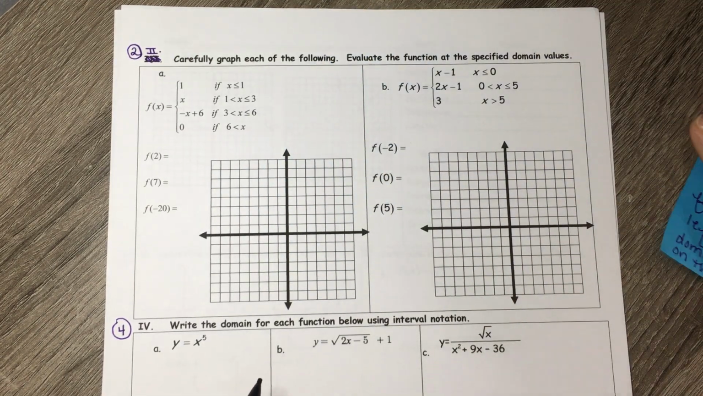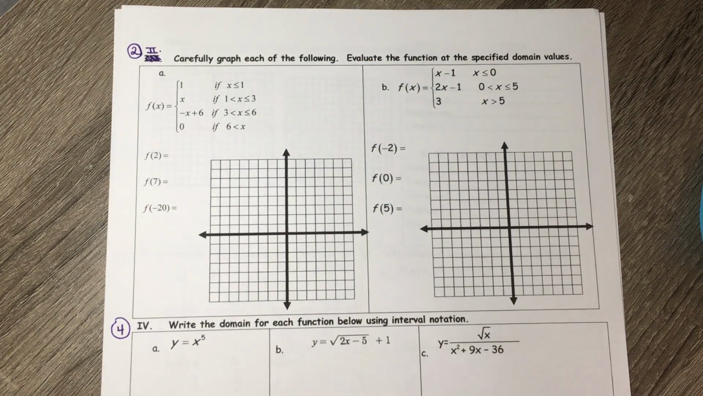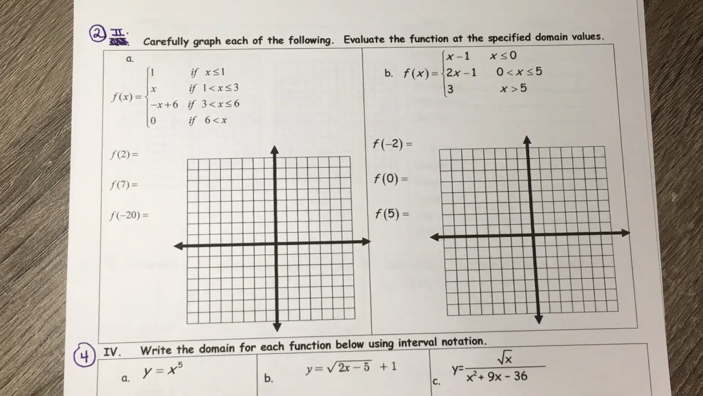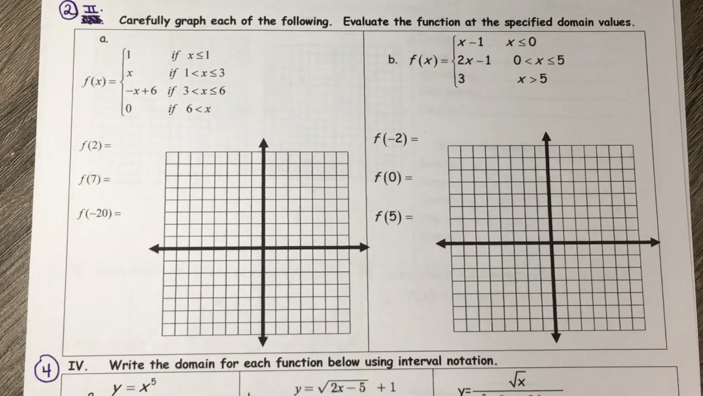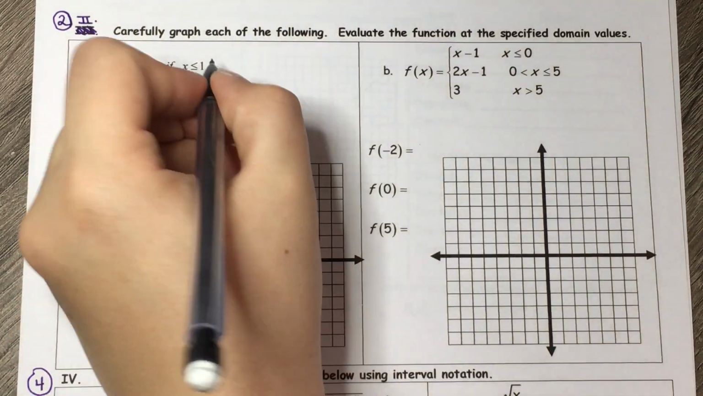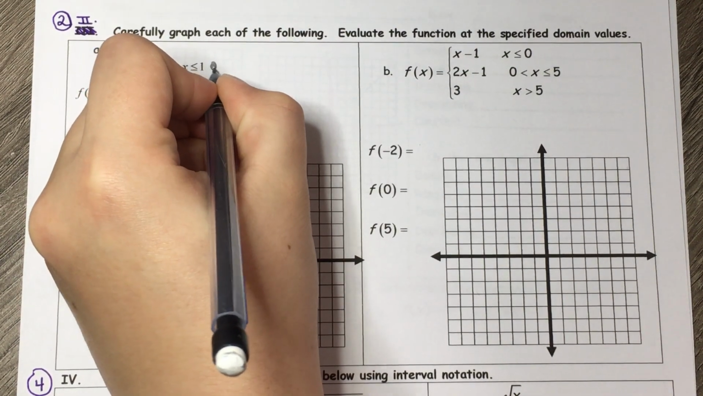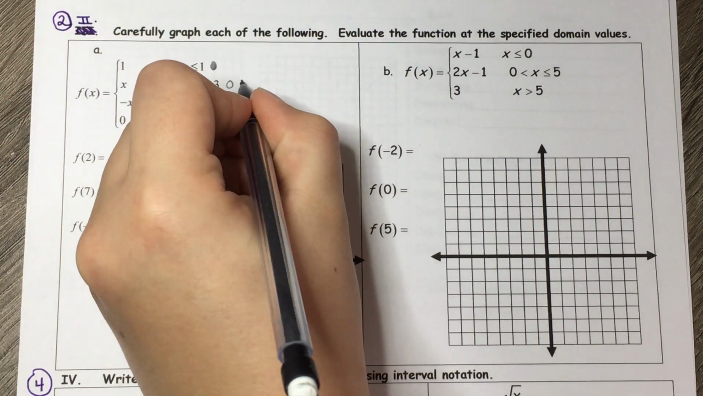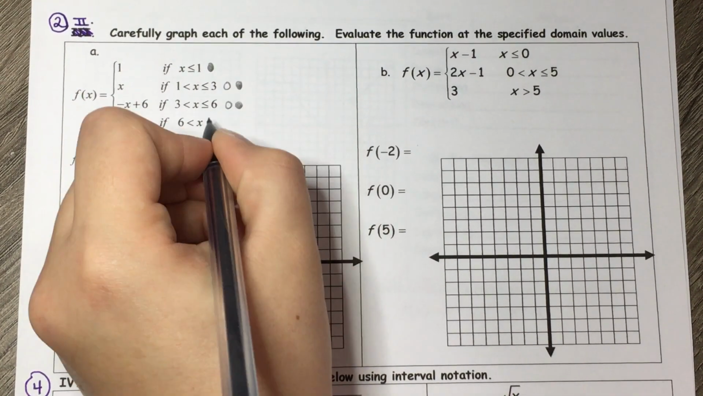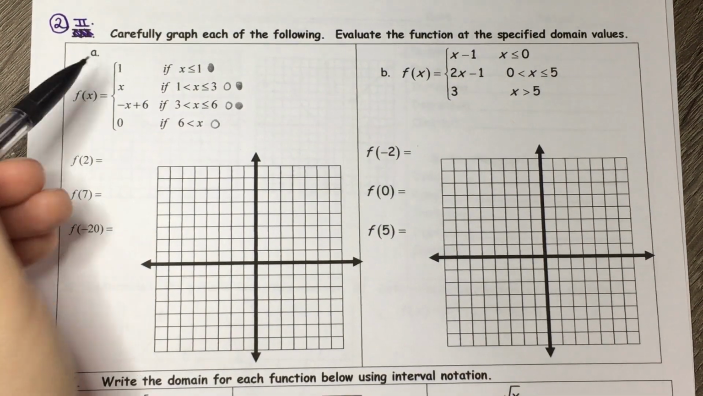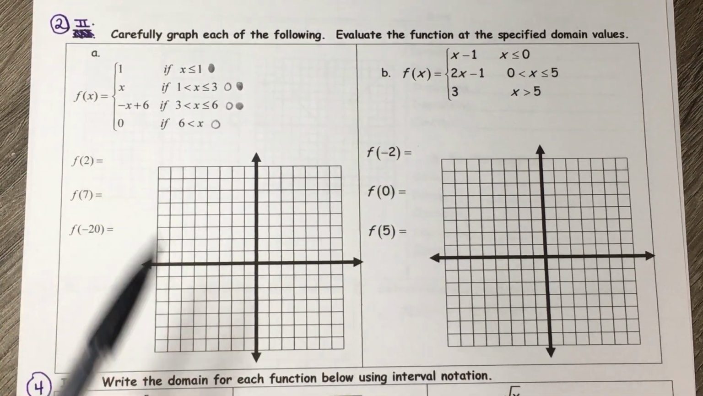All right, so we're going to start off. I like to always begin by first putting what circle I'm going to use. So, this is going to be inclusive, exclusive, and then inclusive, exclusive, and then inclusive, and then this is going to be an exclusive. First, starting off with this top piece, this says for all the values of x that